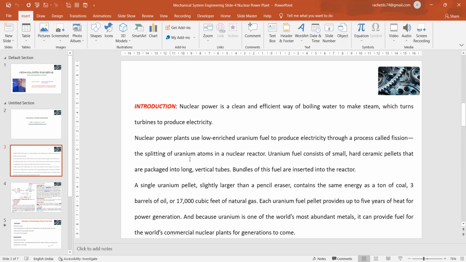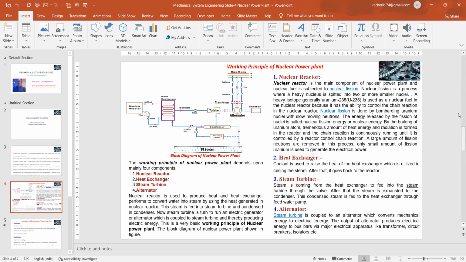As we know, the splitting of uranium atoms in a nuclear reactor. So by means of splitting of the atom of uranium into nuclei, what happens? A tremendous energy is being generated, and that energy is